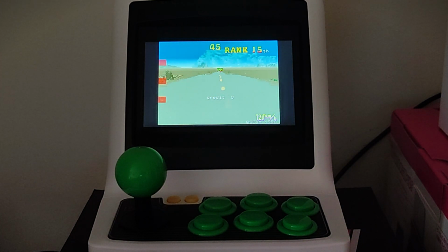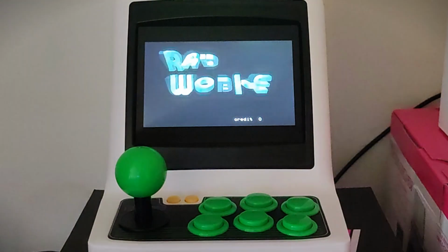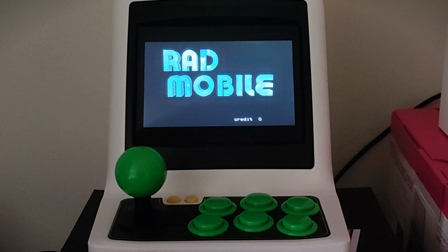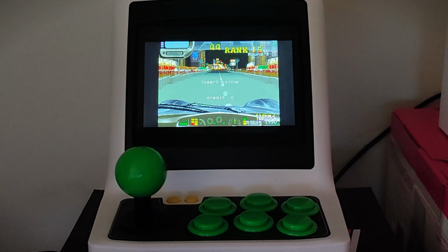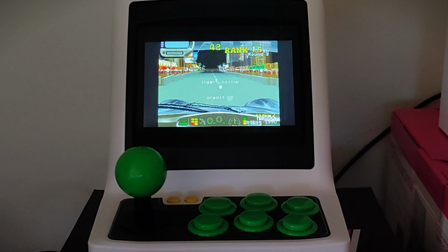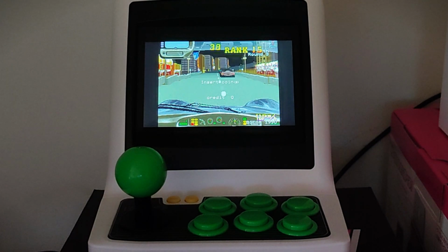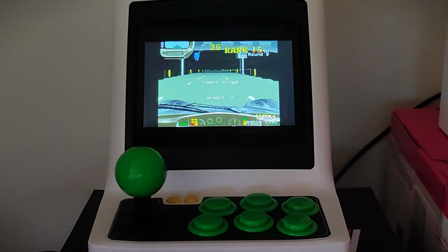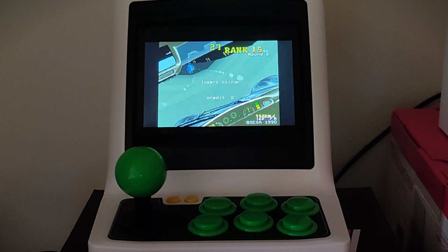Admittedly, the cost of making something like this would be a lot more than a Game Gear Mini, but I bet you there would be a market for this amongst adult collectors that have got a little bit more disposable income. Added practicality could be added to something like a mini stand-up cabinet though, through the release of additional peripherals like a separate accelerator and brake pedal combo that you could plug into it via a couple of USB ports around the back, and maybe an HDMI out just like the Astro City Mini